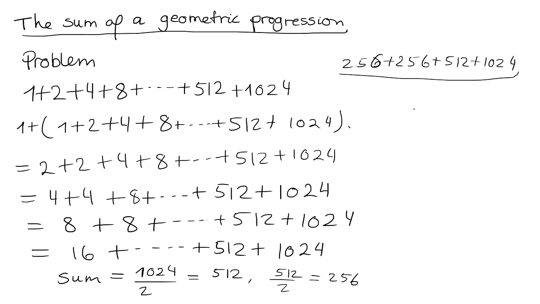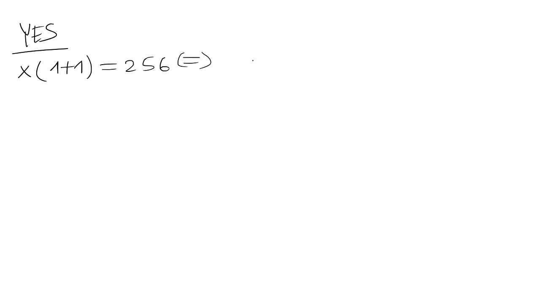But before we make this kind of assumption, we want to check if, by continuing to double the sum starting from 1 plus 1, we will at some point end up with 256 plus 256. Is that possible? And the answer to that question is simply yes. That is possible. Why is it possible? Well, because if we have, say, a natural number x multiplied by 1 plus 1 equals 256, we simply have that x equals 256 divided by 2, which equals